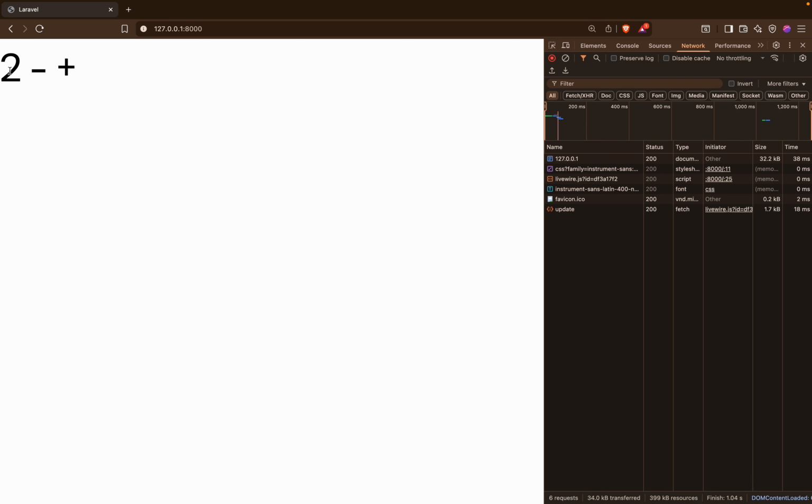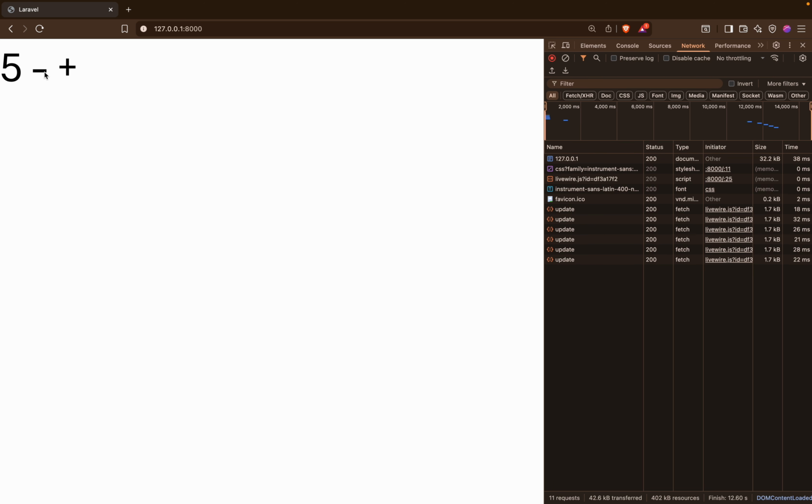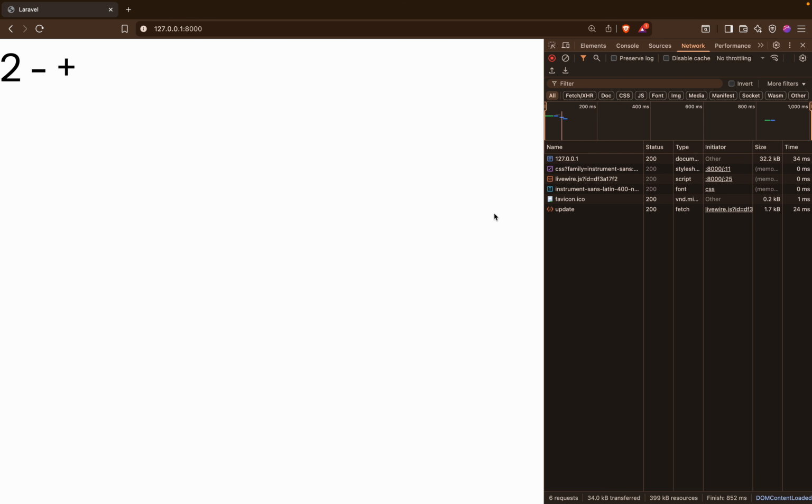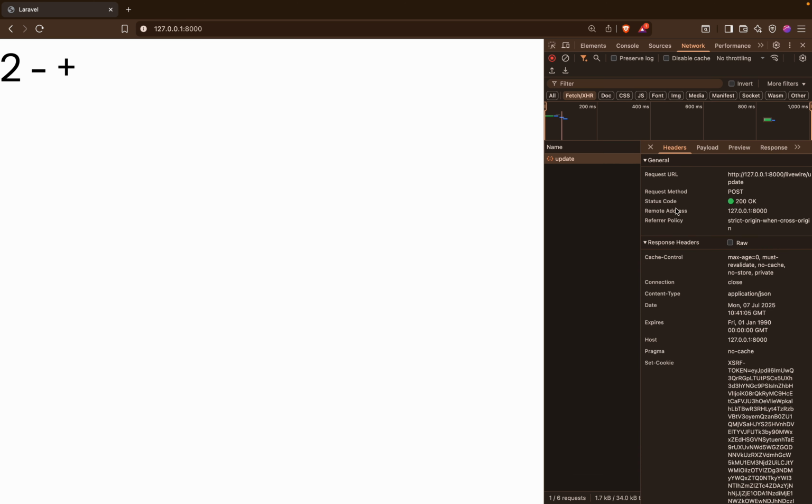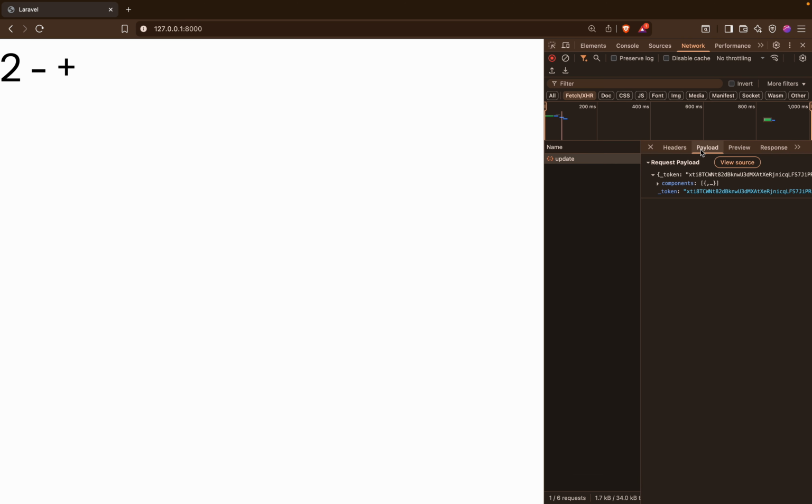So what happens when we click the button is that the data is not directly changed in our DOM via JavaScript. Laravel Livewire does not work like that. When we click plus here, it goes to the internet, to the backend system. You can see here we have the component, right? We have the payload, we have the call, and if you look at the preview, this is the component